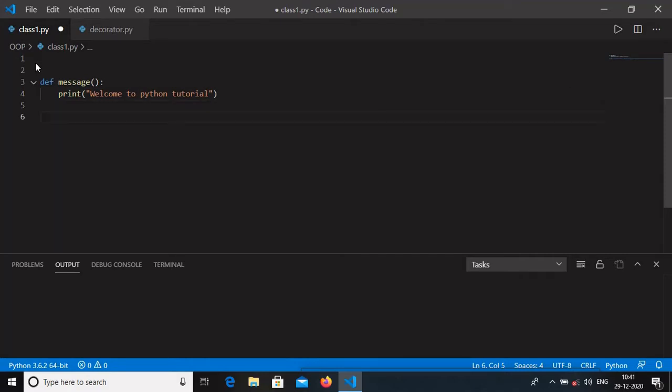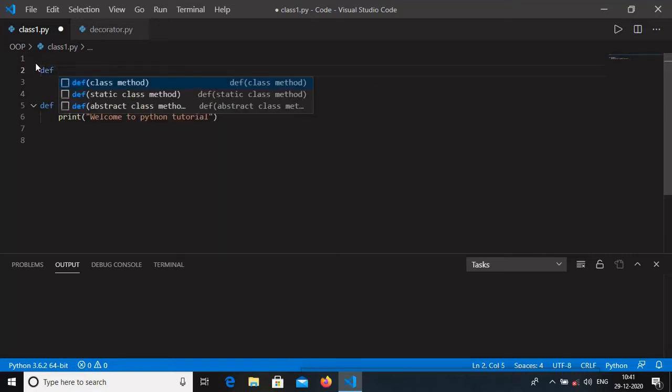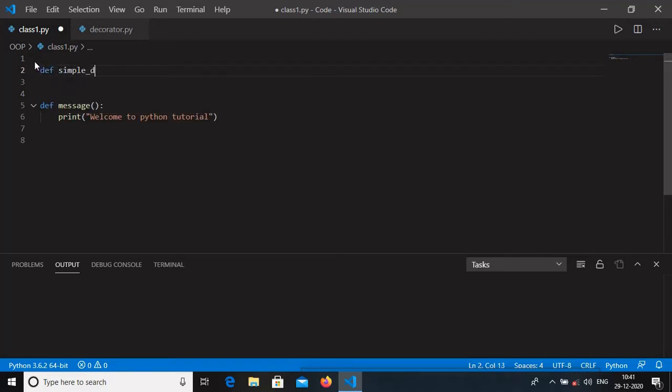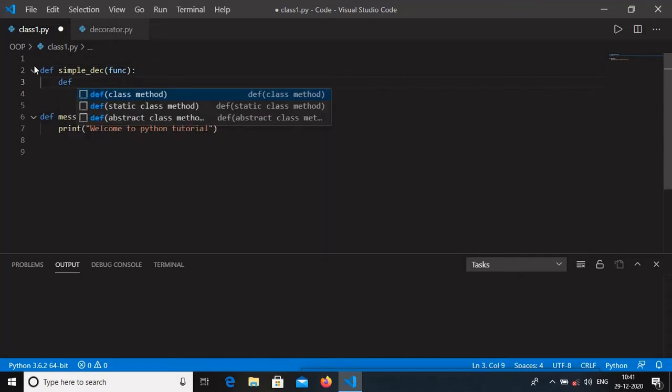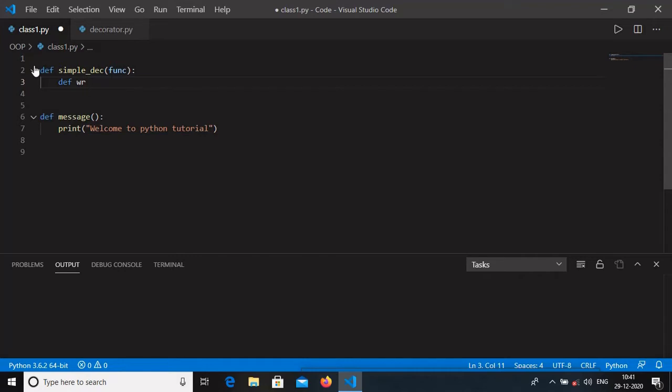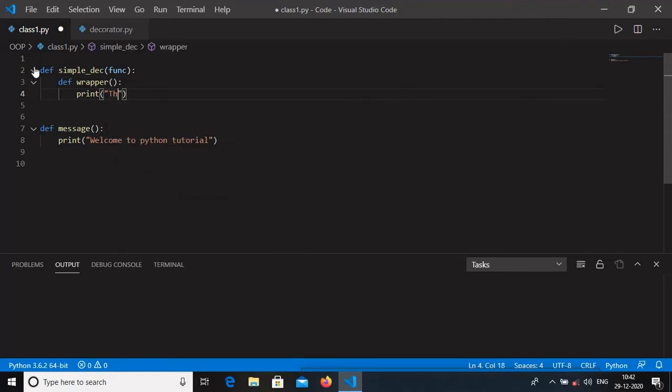I want to apply a decorator to this particular function, so I create a decorator like a function. First I create a simple decorator, and that decorator has a parameter, let's say fun, and inside that decorator I write the functionality. I'll take one more function, let's say wrapper. Wrapper is a function we can use inside the decorator, and we will print a certain message inside it. Let's say this is the starting point of the decorator,